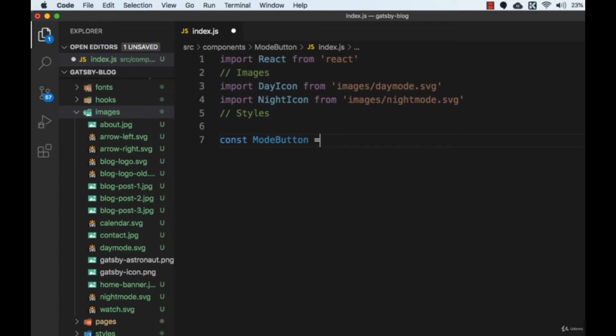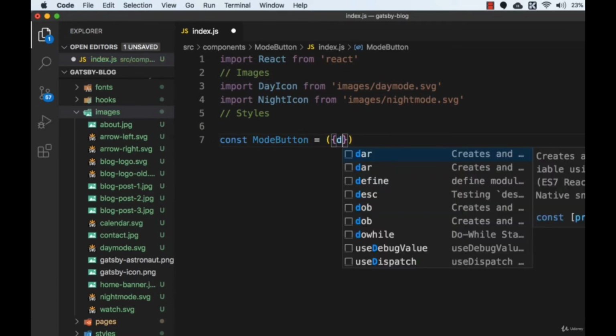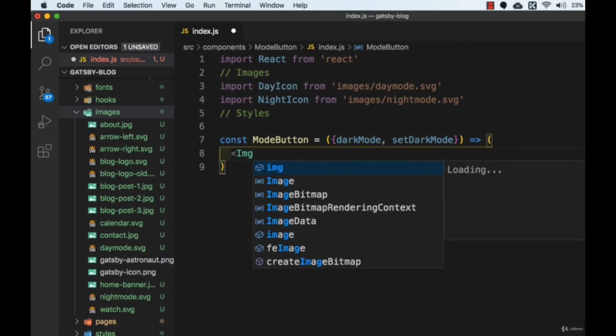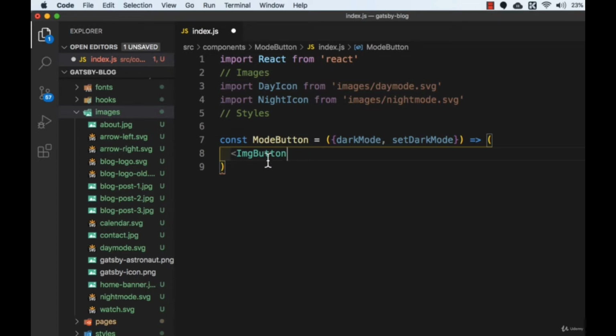This is the name of the component, and that is going to be an arrow function, and here we will destructure some props that are coming from the context API. So darkMode, and the second one is setDarkMode. And here we will have an arrow function, and then we will implicitly return ImgButton. This we will create. This is a styled component which we need to create, and src, where we need to conditionally show the icon. So darkMode, if this is true, then show